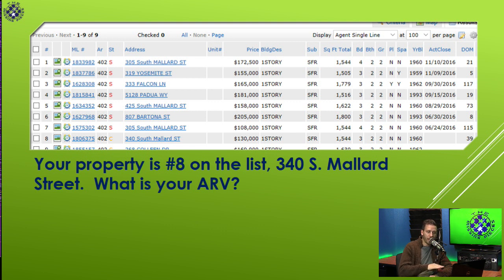This is a common way for realtors to send you properties where it's going to look something very similar to this. It's a 1-line grid, and that's the way you really want to have it sent to you, especially when you can click on the links, because you can have all the pictures right there, maps right there for you, so you can see what's going on with the properties. Now, again, in this example, our property is number 8. If we look at it, the first thing I'm looking at, we're going to pretend we have this property under contract. It's contingent right now. It's contingent at a list price of $130,000, and the square footage of our property is 1,544 square foot.